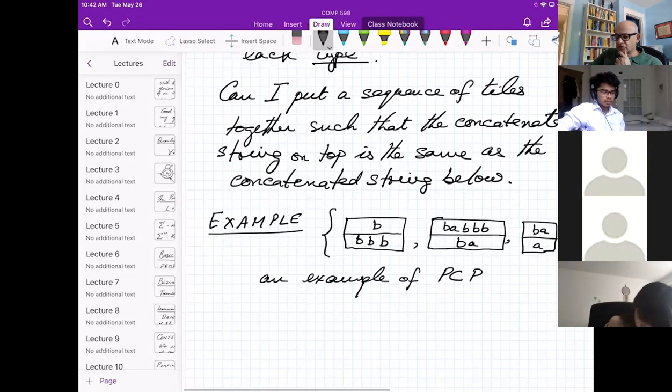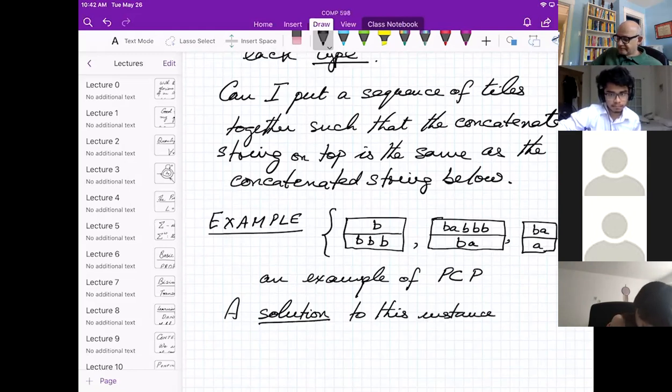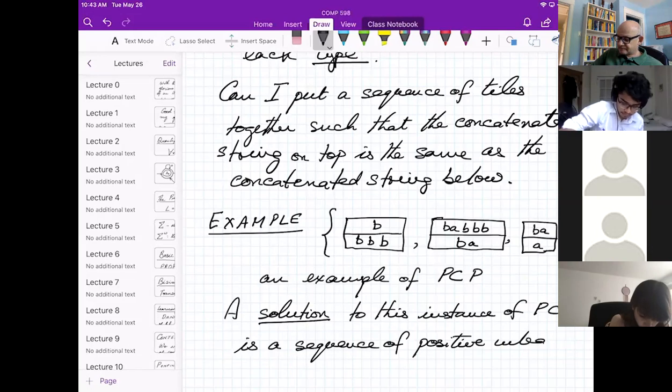So solving the problem means finding exactly such a sequence of tiles. A solution to this instance of PCP is a sequence of positive integers that describe a match.